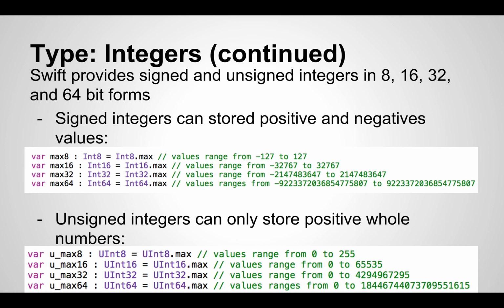Okay, so signed integers are whole numbers that can be either positive or negative. They do have a sign. And if you use max 8, as you can see in the example, var max 8, it's an Int8, so it has 8 bits. The values go from negative 127 to 127. Why? Because if you think about it,